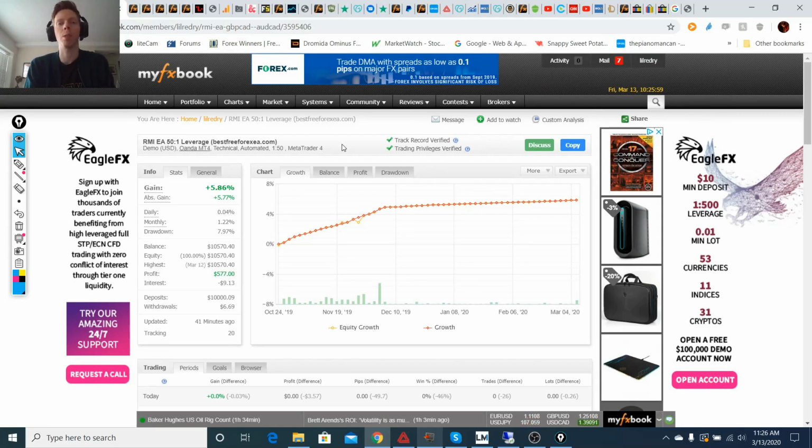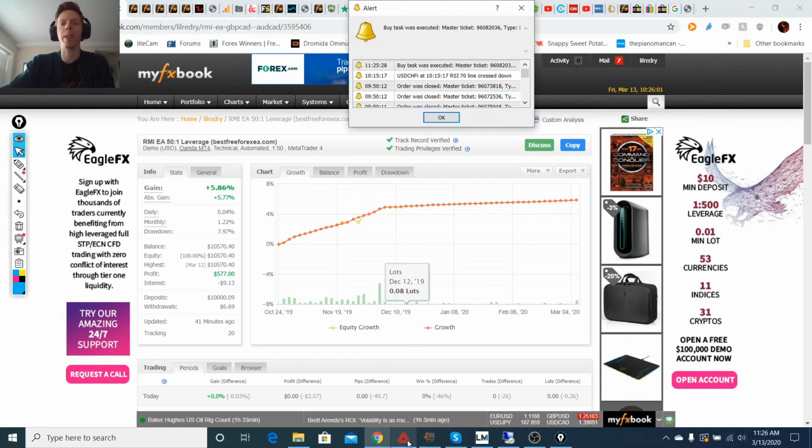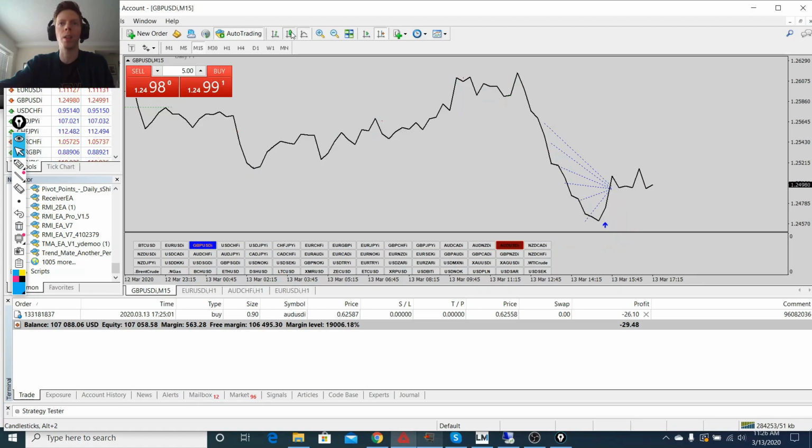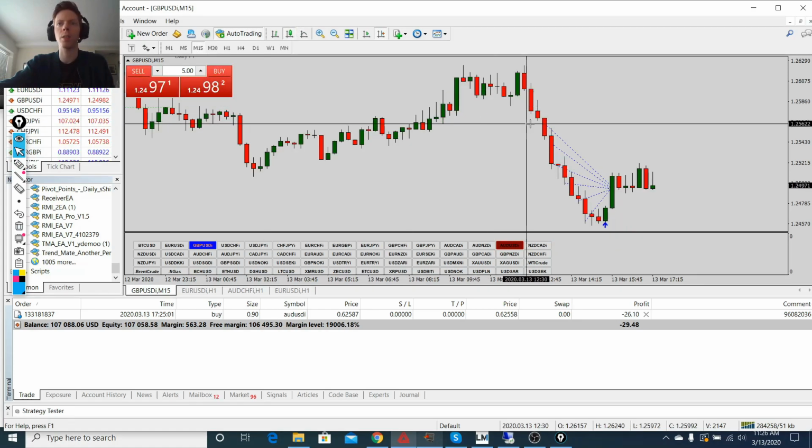per each individual trade. Okay, so an example of that is if you go to my copied account. We just got a trade right now on the AUD US dollar. You can see this specific area right here. So you can see the trades. They are not showing very well, but you can see the initial entry was right here, and those were all buy trades, and it went a total of about 106 pips against me before popping back